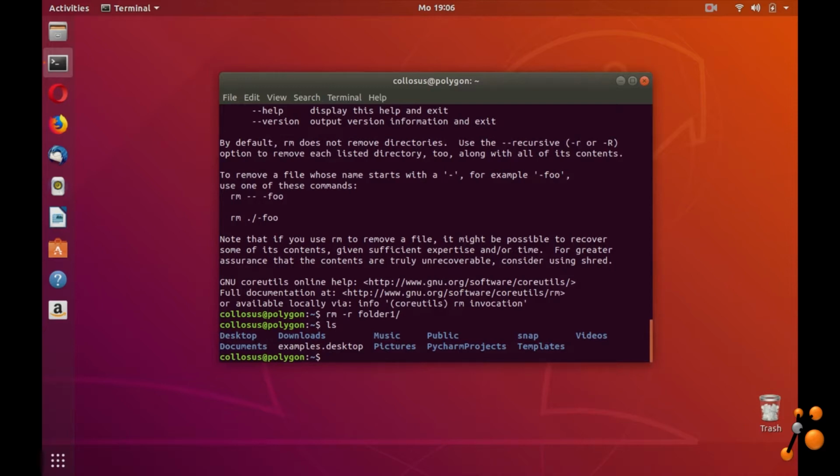So this is very interesting. We already saw how to create a folder, how to remove a folder, and how to remove a file. Now I will show you, for example,